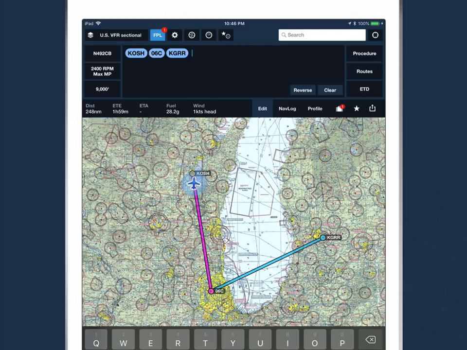Another way to modify your route in ForeFlight is to interact directly with the map itself, and we call this touch planning. And I'll show you how it works. Let's say I'm not too keen on flying across Lake Michigan, and I want to go around the lake to get to Grand Rapids. Well, if I knew what airport I wanted to stop at, or some waypoint that I wanted to stop at along the way, I could go up into the flight plan drawer and I could insert that waypoint